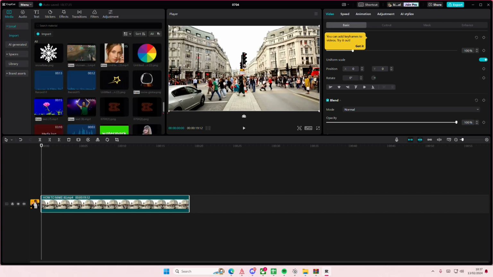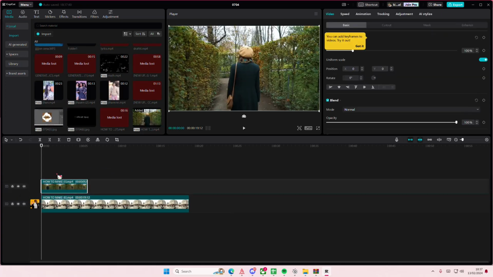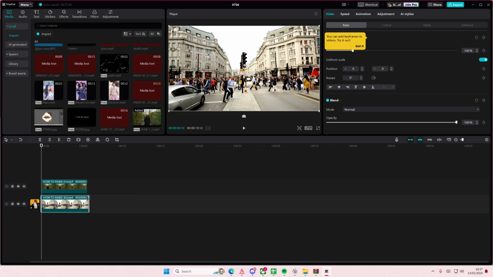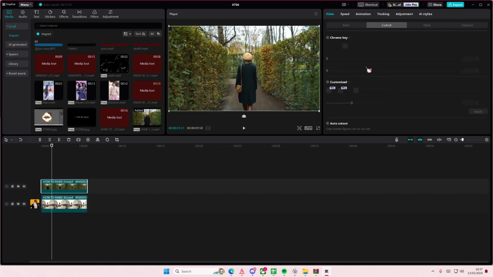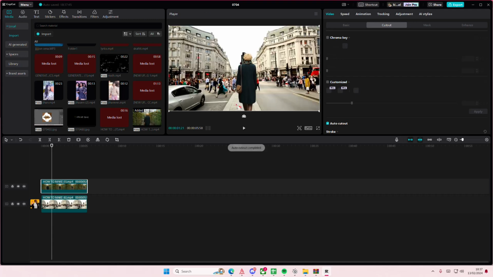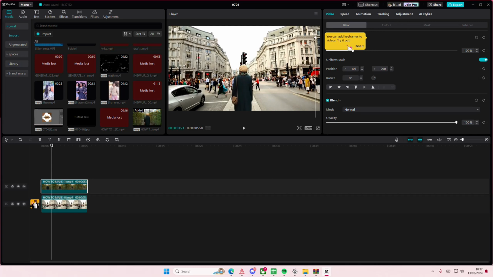So I'm just going to select a background. I'm going to select a video of a person walking as well. And then here I'm going to select cutout, and I'm going to select auto cutout. Let's just put this down a little bit, and I'm going to scale it as well to fit the background